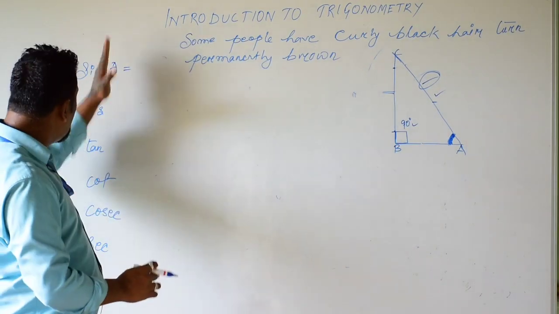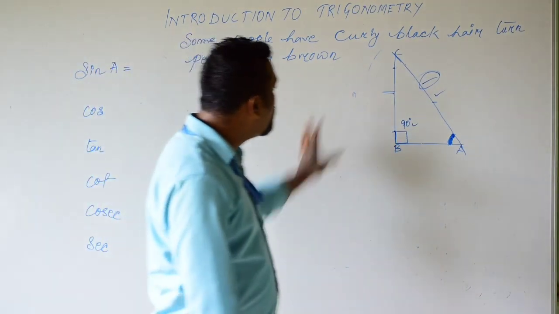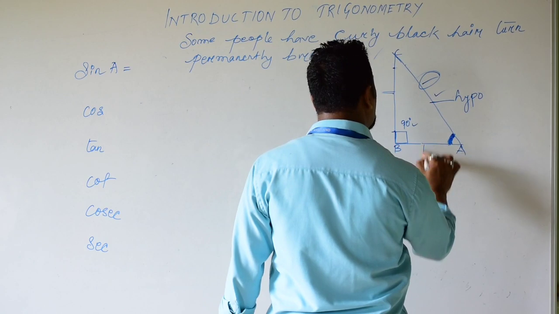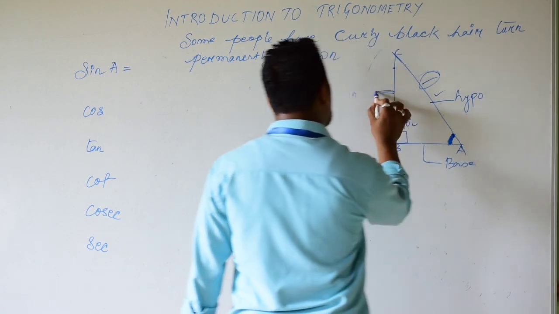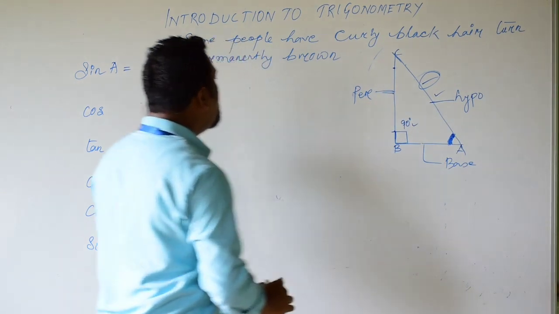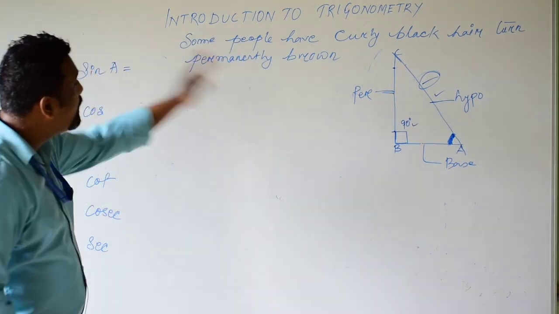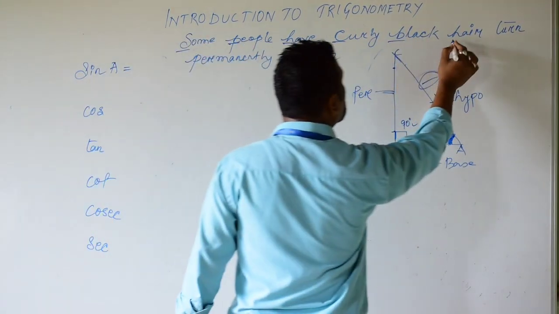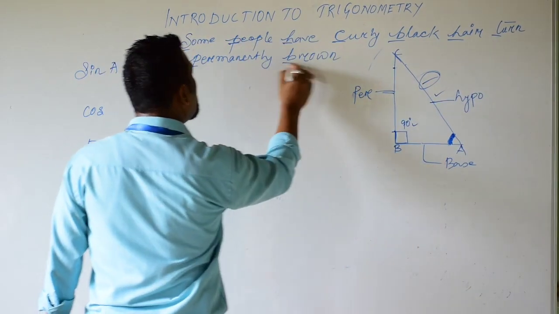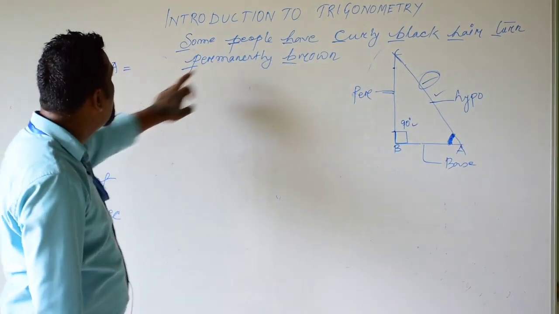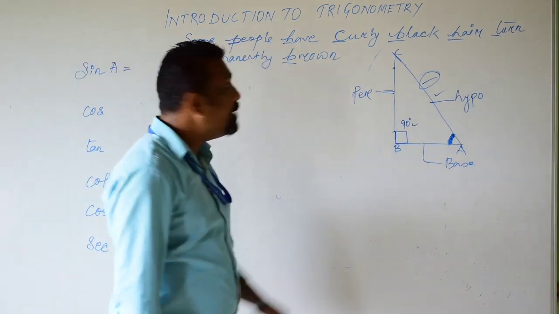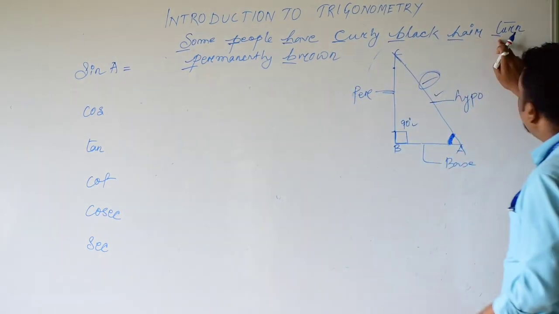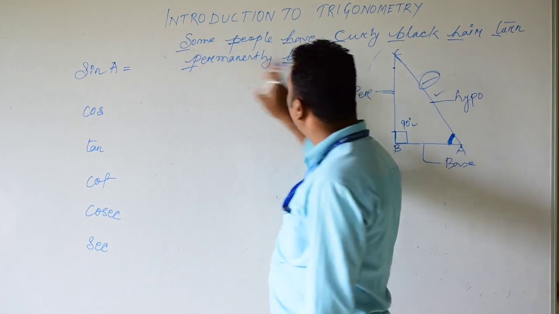Now how will we relate the 6 trigonometrical functions with this triangle with this line? Like I said, in this triangle we take this one as the hypotenuse, this one as the base, and this one as the perpendicular. So how is this trigonometrical ratio related here? We take the first letter of each word of this sentence. The first letter S means sine, P means perpendicular, H means hypotenuse, C means cos, B means base, H means hypotenuse, T means tan, P is perpendicular, B is base.